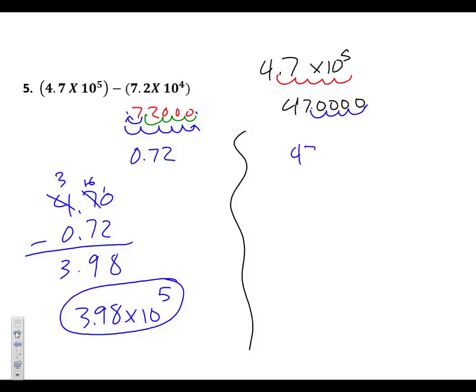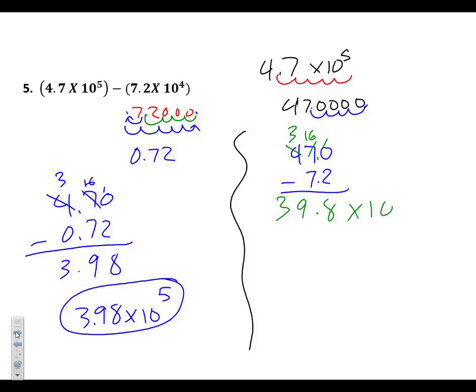So now I take 47 and I subtract 7.2. Again, I got to put my 0 up there with my decimal. And I got to borrow and make that a 3. This has got to be 16. That's got to be 10 minus 2 is 8. 16, bring down a decimal. 16 minus 7 is 9. 3 minus 0 is 3. So now I have